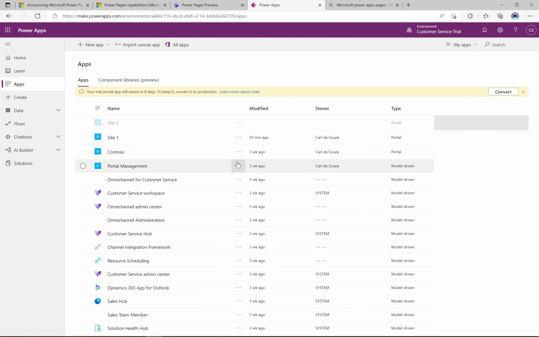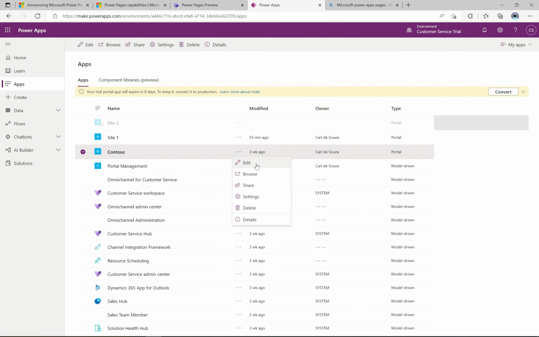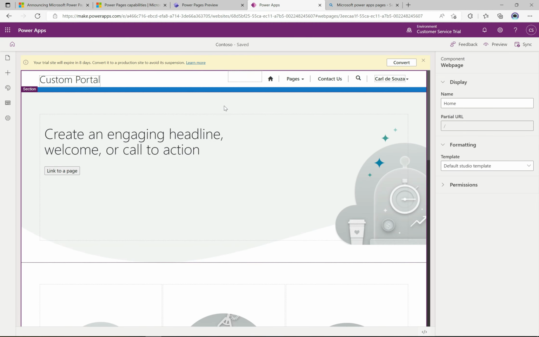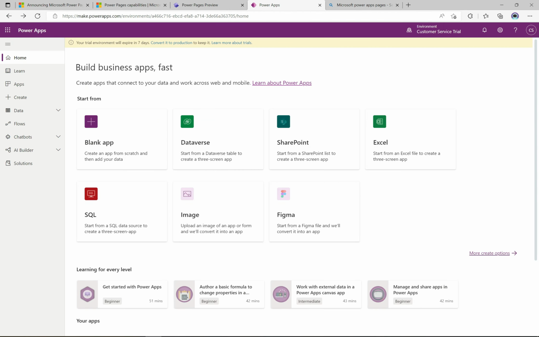So if I were to go here and just click on this and click edit, right? Then that takes us to the familiar Design Studio, we can go off and build our apps in the studio, right? Now, if I click the back button here, and let's go back to where I was, and let's go back here,